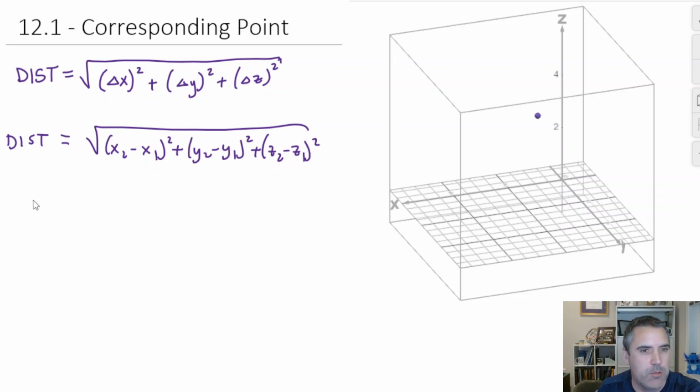Students often get confused by questions of the following sort. They'll say, you're given some point, let's just call it P to label it. Sometimes we use this notation. We call this (2, 3, 4). And then we ask you, how far is that point to other things? Now, at this point, we've already given you the distance formula, but how do you find the other point, whatever it is? If I'm calling this point, one of the points, (2, 3, 4), how do you find the corresponding